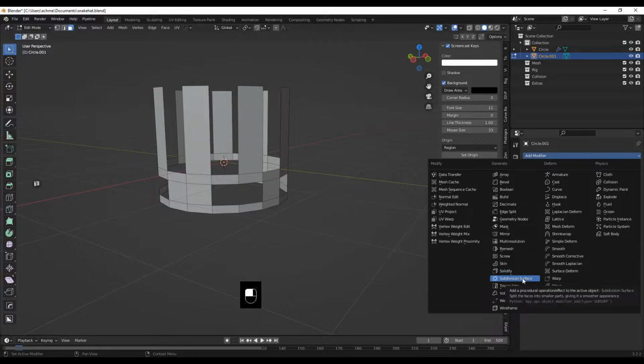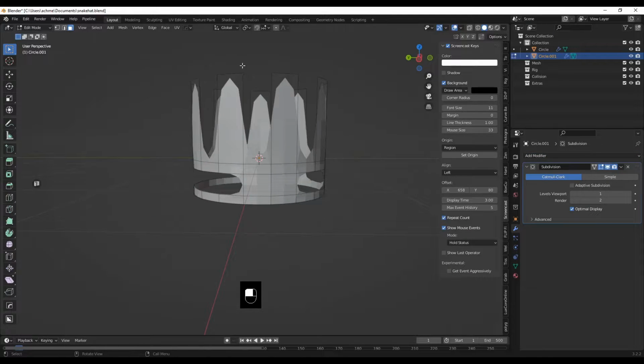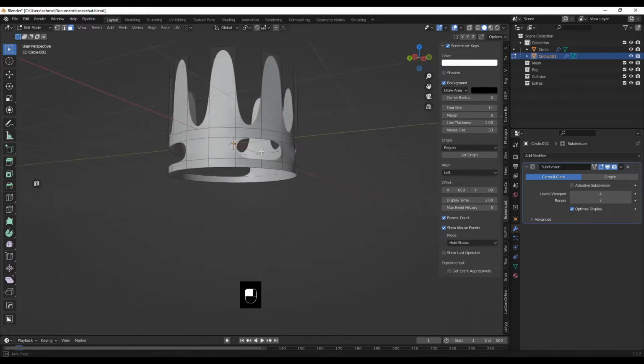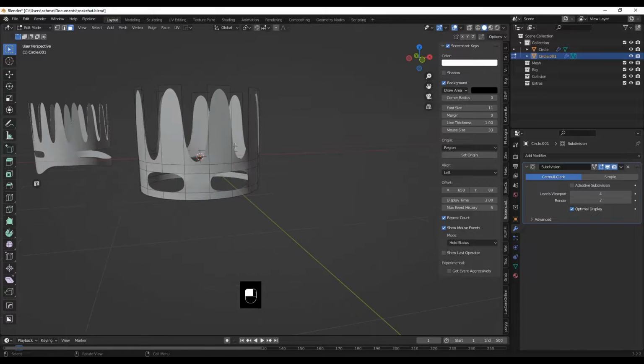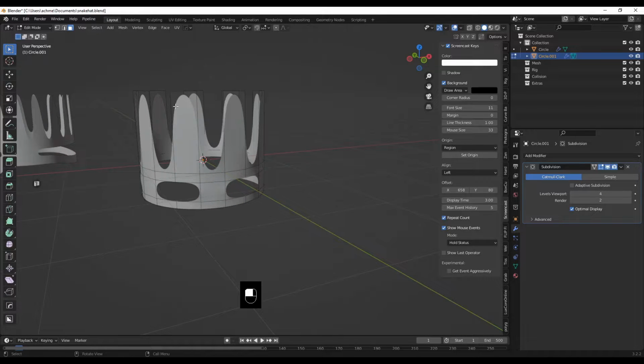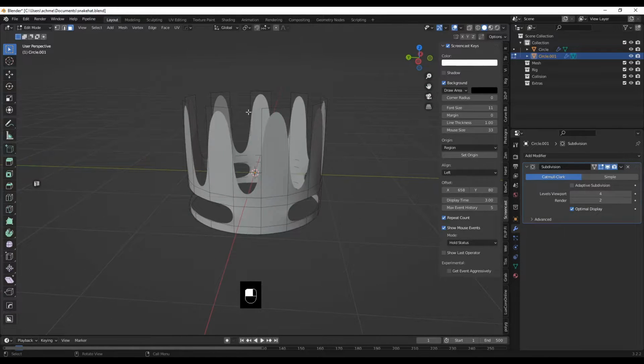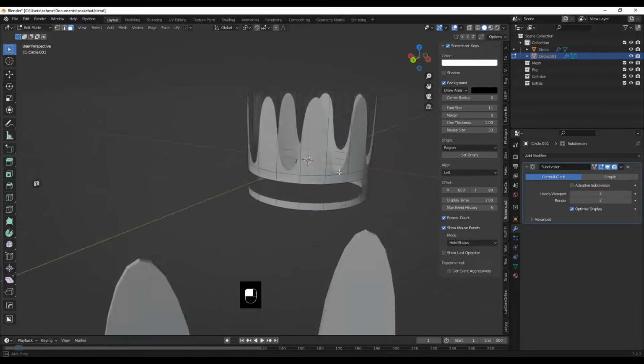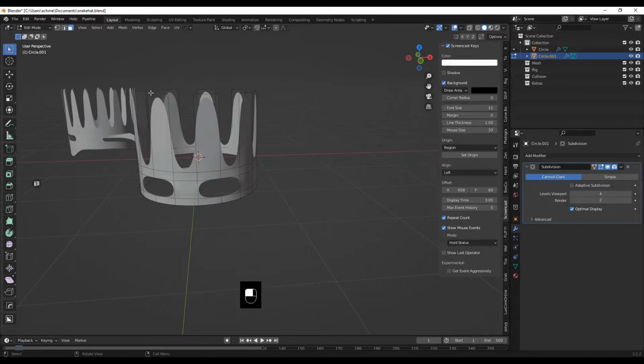Where's it gone? Subdivision surface. You see it rounds it over a little bit. Bump up the levels until we get a nice rounded shape. These might not be sharp enough for you. I mean, to me it looks fine. So we could always